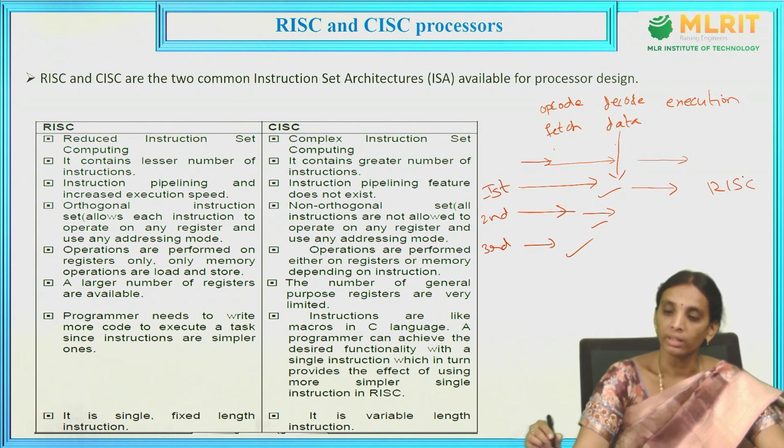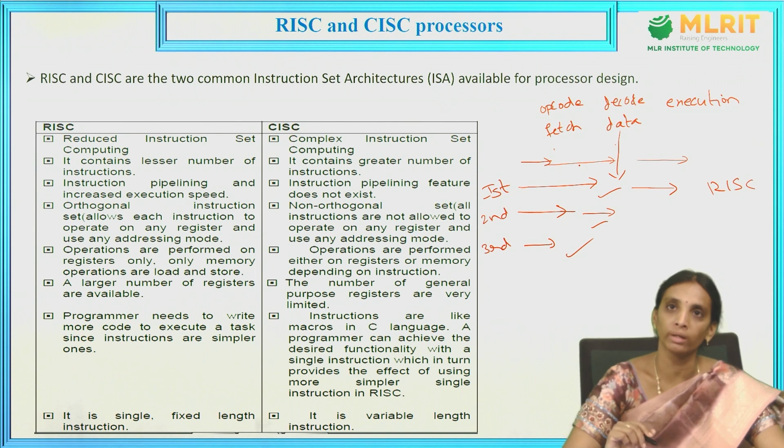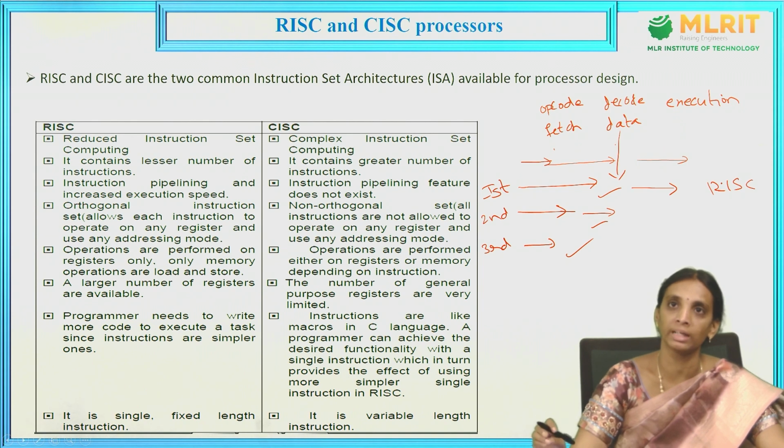Why? Because here separate memory will be used for memory and register transfer operations. We have to use the memory for instructions separately and the memory for data separately. So the fetch opcode means the instruction memory will be used here, and here the data memory will be used. After completion of the first process, the instruction memory will be free, so now we can use that memory for the second instruction. And now in the second process, it will use the data memory.